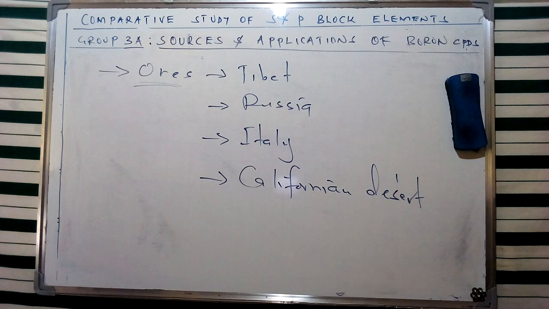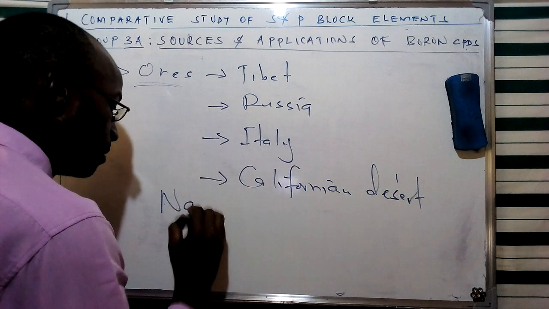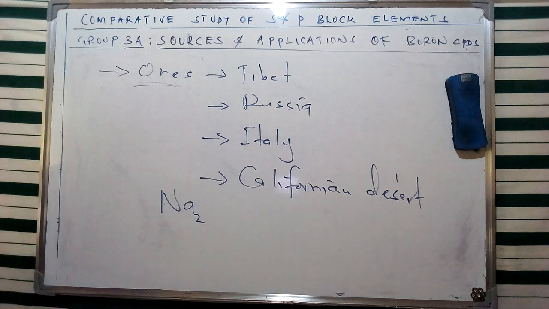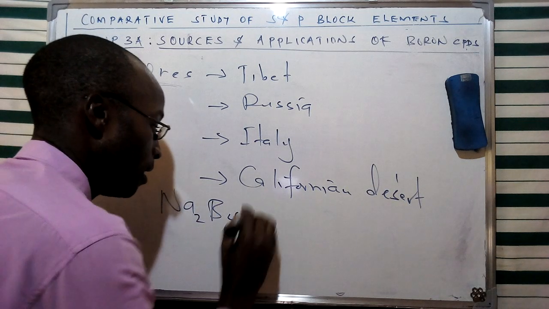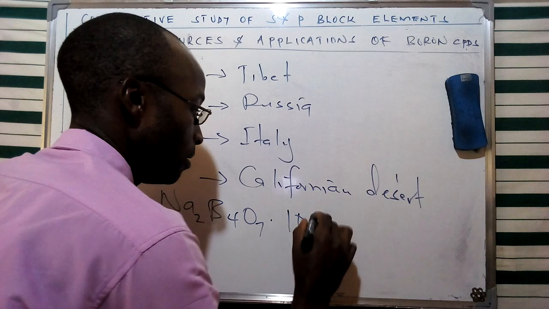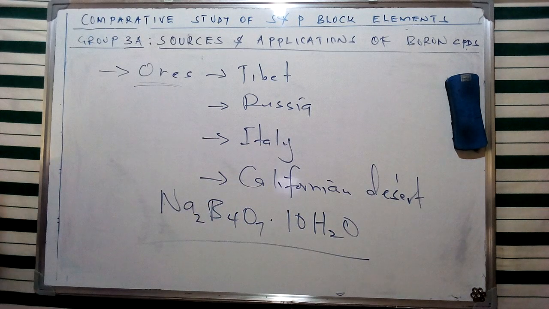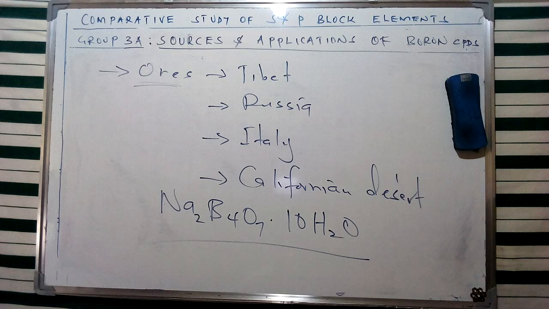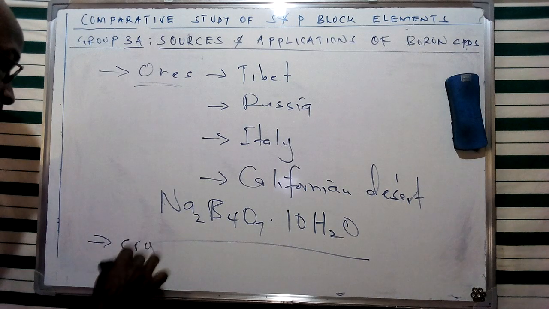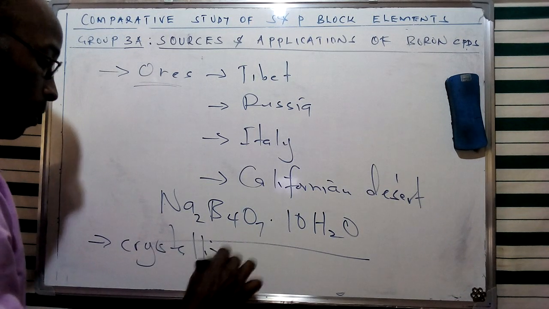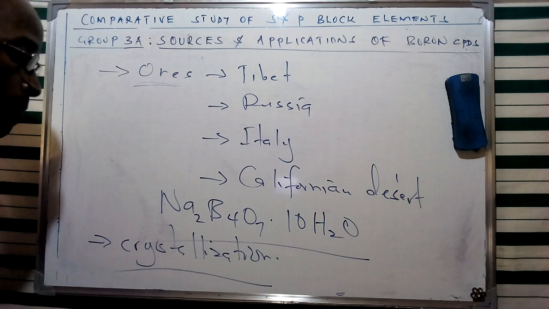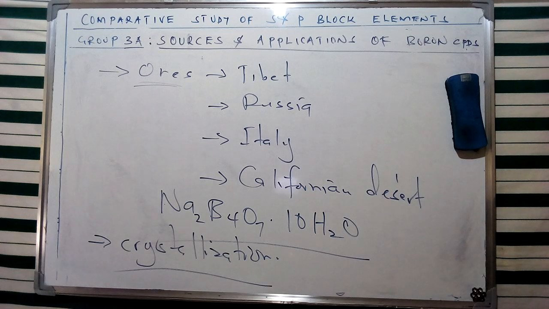But of this, the most common one is going to be this specific compound, which we are going to see being the most abundant of all these combinations of elements which are going to be compounds of boron. Now, we are going to also see that the process of crystallization is going to be very essential in trying to separate, or in processing, this specific ore of boron. And this is one of the methods which is going to be exploited in trying to separate these specific ores from other impurities.